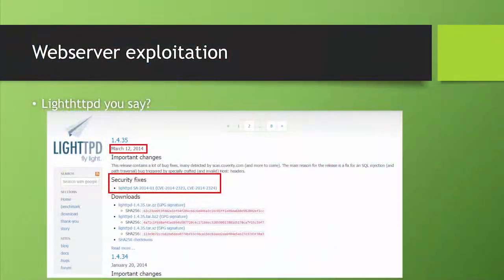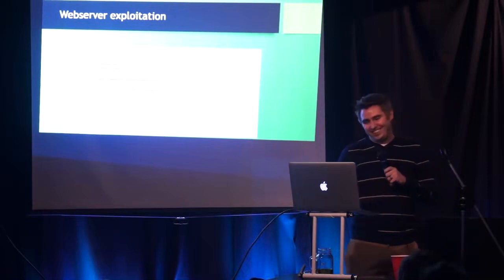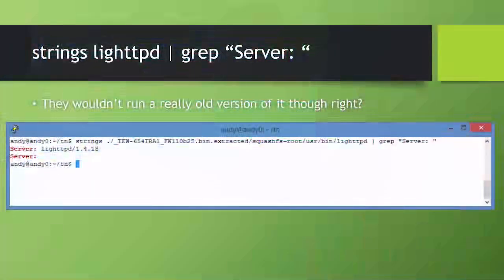Okay, so lighttpd is an open source third-party application that we can actually just go to their website, and we see that there are a bunch of security fixes for this. Most recent, March 12th, 2014. So there's been a few months. I'm sure they've patched it, right? Oh, I love you guys. All right, so